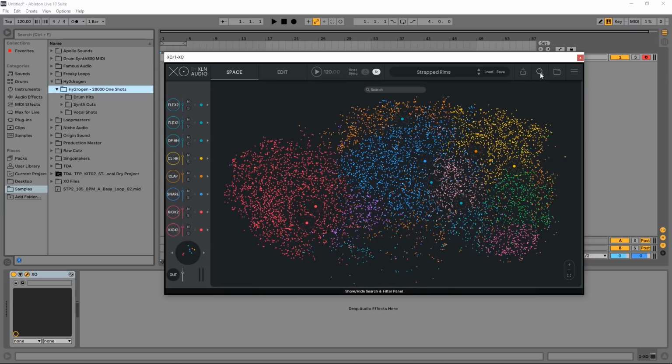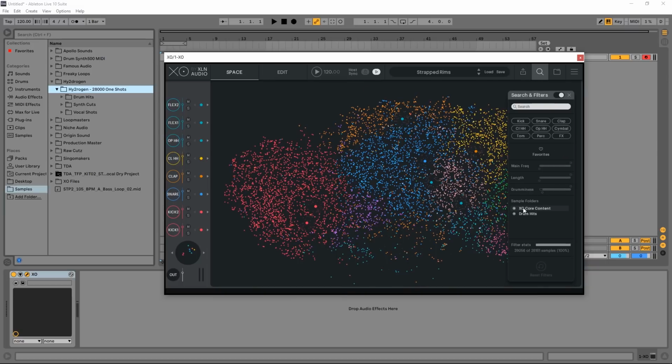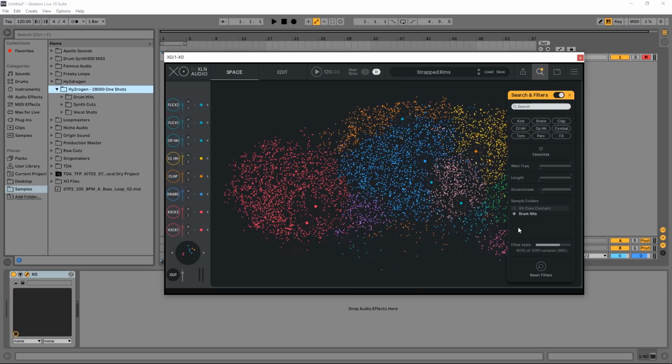However, if I come in here to where the magnifying glass is, if I want to remove the core content, now I can just select all of the new one-shots that I just added. So all of these dots that we see now are from the hydrogen one-shot pack. So I'm on this preset right here called Strapped Rims. If I go ahead and play it,